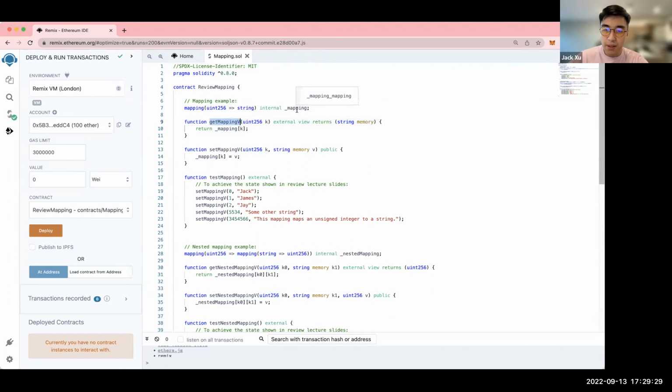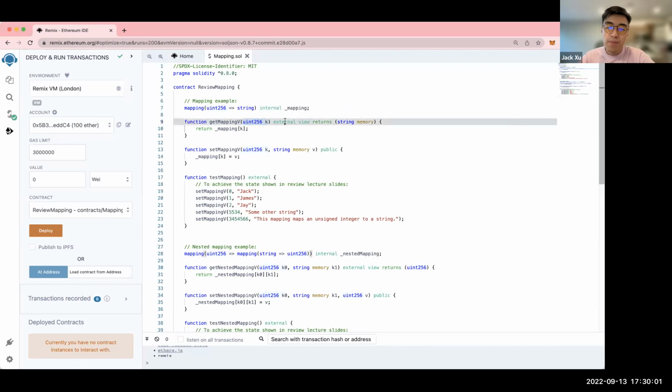Right here, what we're trying to do with get mapping V is get a value from this mapping. But in order to get a value from a mapping, we need a key, right? Because each key corresponds to a value, and you use the key to look up a value. So we need a key. This is why we have key in the parameter. We're trying to pass a key into the function so the function can work with it, or in this case, use it to get the actual value.